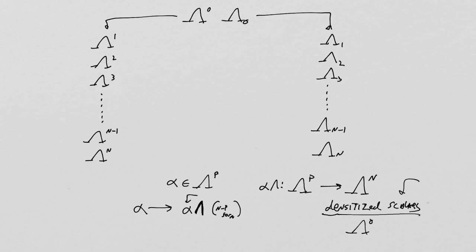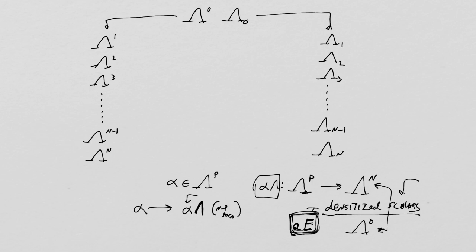But the difference is this guy is densitized because every member would be written as, say, A times E, where E is the volume or the unit density. And as far as the vector space properties of scalars go, these might as well be scalars, which would be scalar addition and scalar multiplication. So these two spaces are, in fact, as vector spaces, isomorphic. And so this guy here is a map from